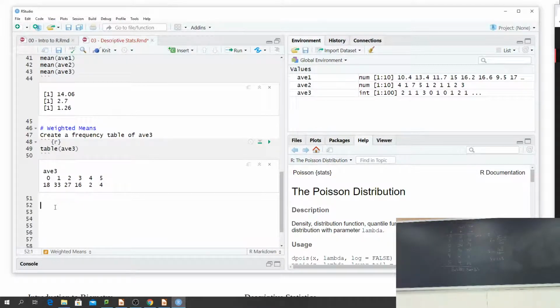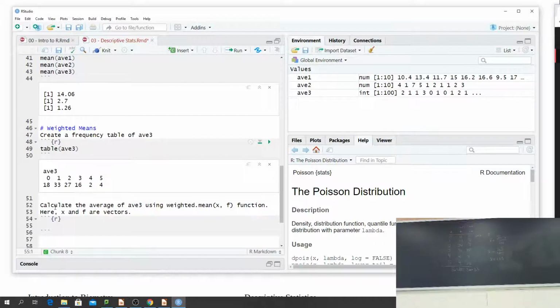So we're going to calculate the average using weighted dot mean, with the weighted dot mean X comma F function. Here, X and F are vectors.